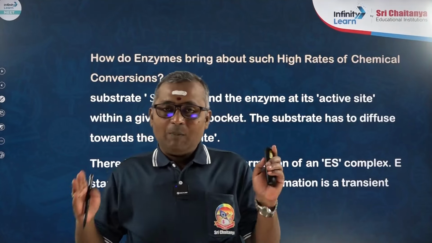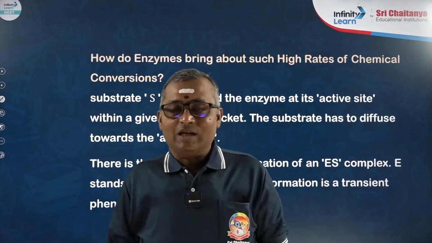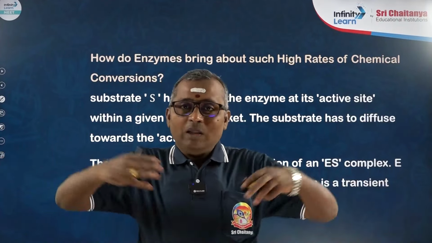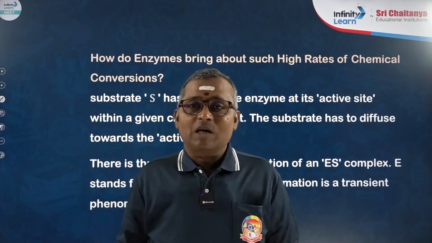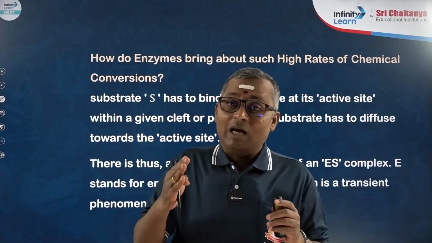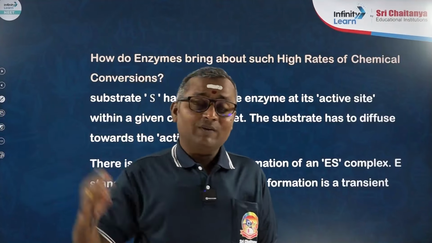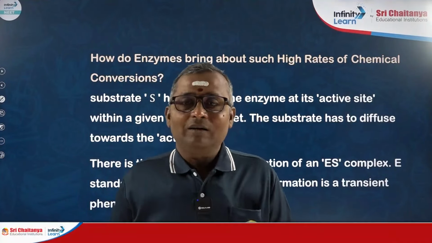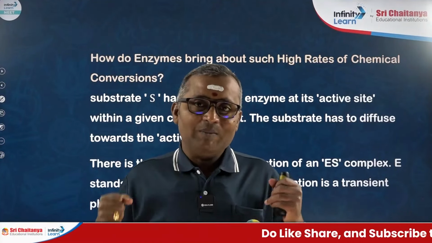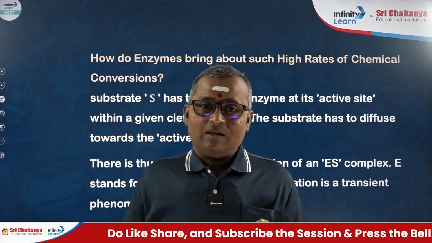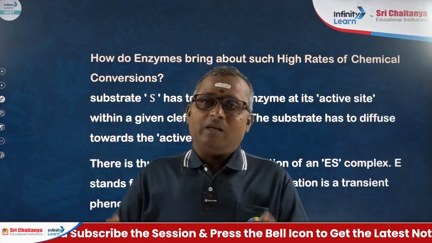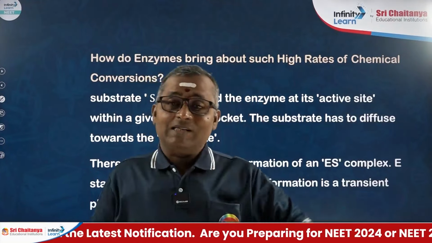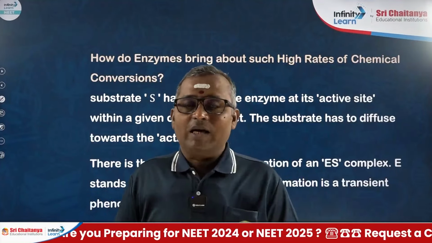So, depending upon the conditions under which the reaction is taking place, or whether oxygen is available or not available, different end products are produced from the same substrate with the help of different kinds of enzymes. Now, in the previous reaction, we discussed that the power of enzyme is extraordinary. Just we discussed that carbonic acid is produced in a large amount in the presence of the enzyme carbonic anhydrase, whereas in its absence, a very small amount of carbonic acid is produced.